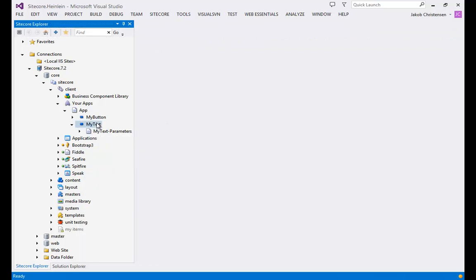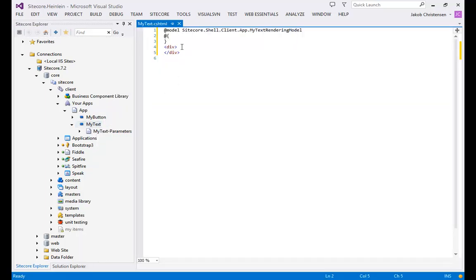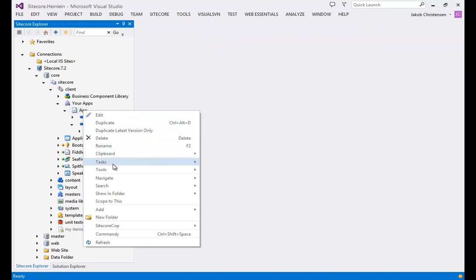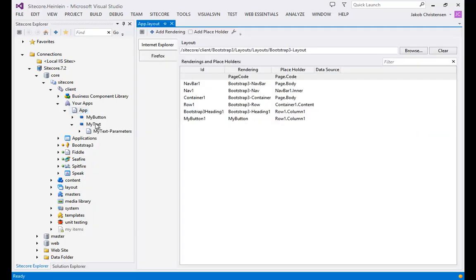We will edit the file and we will data bind this. So we'll say model data bind. We'll just bind text, and we will output that model HTML attributes, like that. We will drop this into our layout, put it right down here, and we will